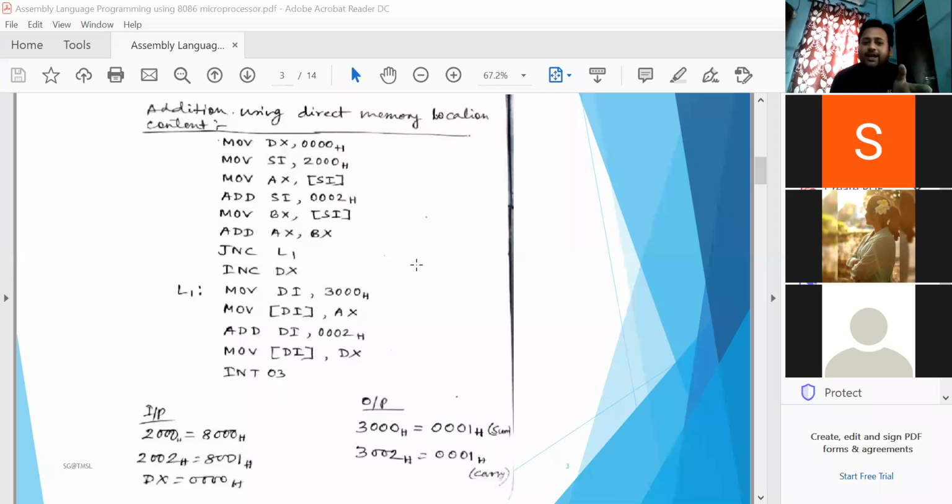But I have not used any displacement here. I have used simple addressing modes like the source index, the index addressing mode, the immediate addressing mode, and the register indirect addressing mode in this book. I have not used the register relative addressing mode or the relative based index addressing mode.